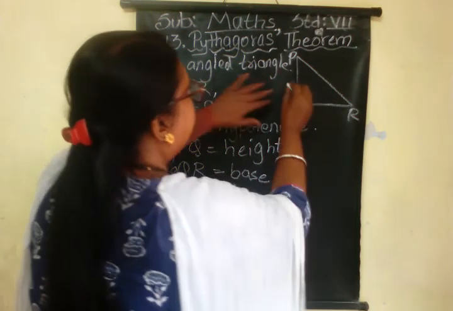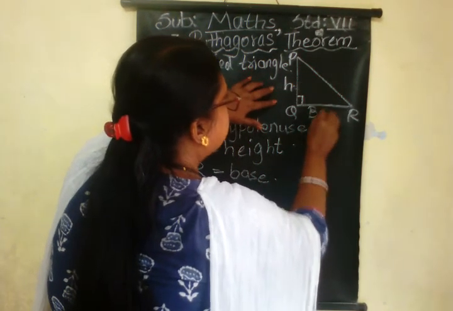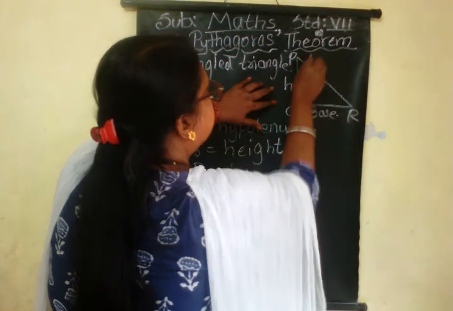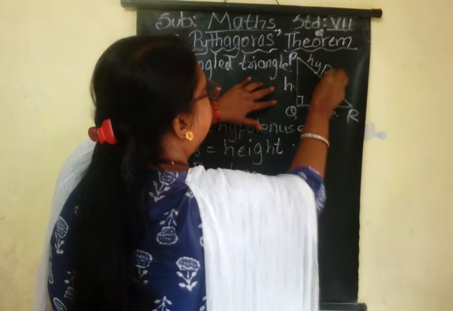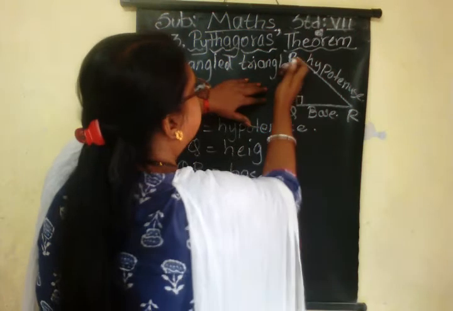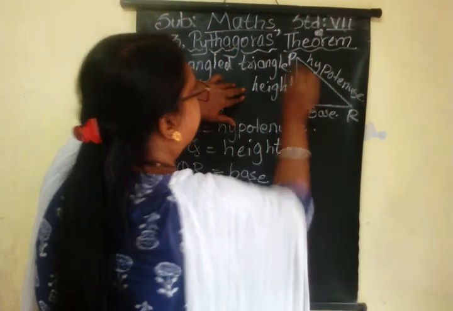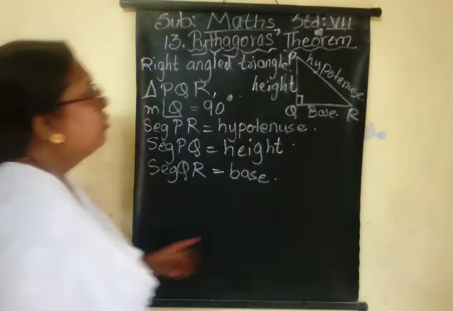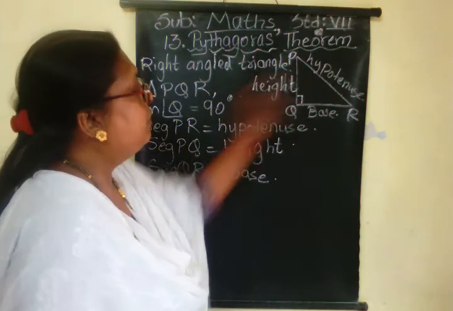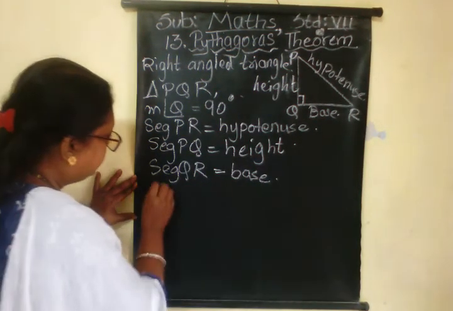So here I can write, this is the height, this is the base, and this is the hypotenuse. Okay, this is the height of the triangle. So when such components are given, Pythagoras theorem says that